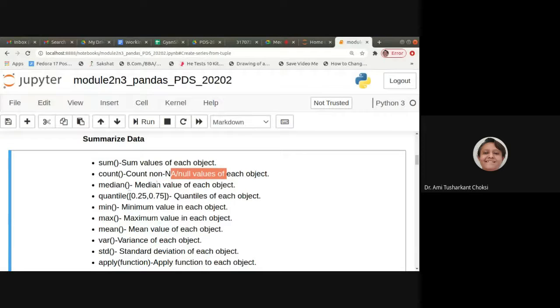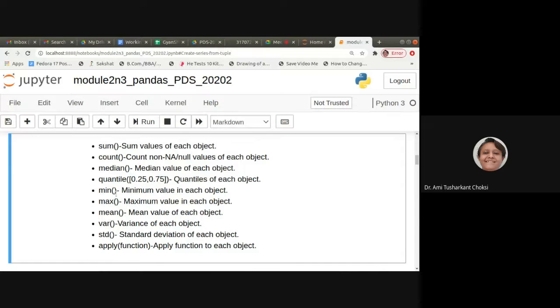Median, that is the median value of each object. Quantile, that is what we have seen, 25% quantile and 75% quantile. We can get it with the help of the quantile function, and we can provide 0.25 and 0.75. That will give us the quantile of 25% and 75%.